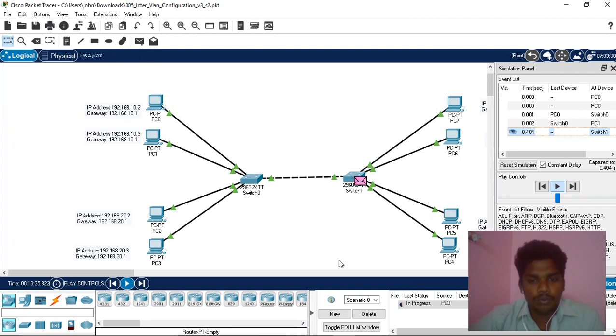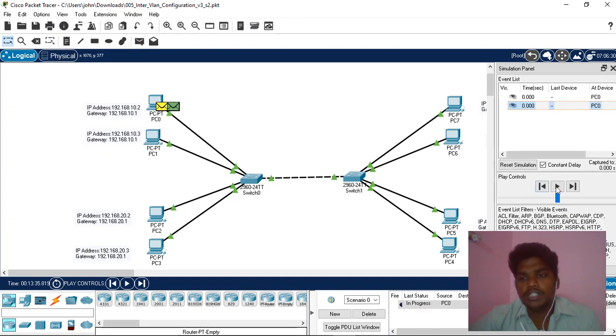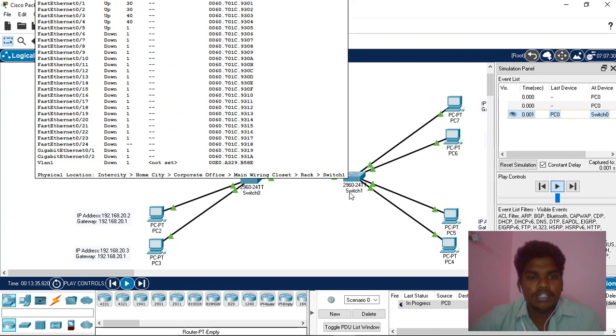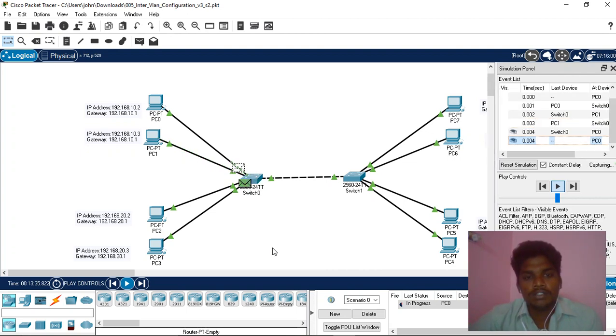So if I give PC0 to PC1, it runs perfectly. In the same way, if I give PC2 and PC3, or PC7 and 6, or PC5 to 4, it works perfectly. If I change the gateway, it won't work, because according to the gateway only can the data be passed. So it returns to PC0, it returns the tick symbol.